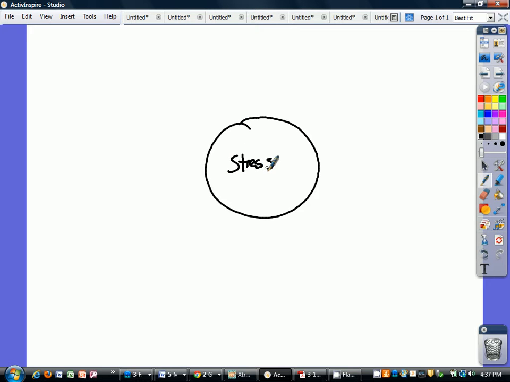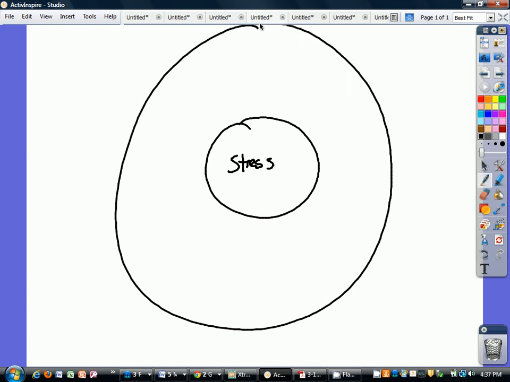And you should remember the circle map. It's the one that looks like the Death Star or a Pokeball or whatever other nerdy reference you can think of. I'm going to put a whole bunch of things related to stress that I can think of in the middle here, so I can pick and choose what I'm going to put into my essay. Generally, you want to pick one topic and talk about it, but since we're talking about how stress affects our lives, we can talk about the negative ways,